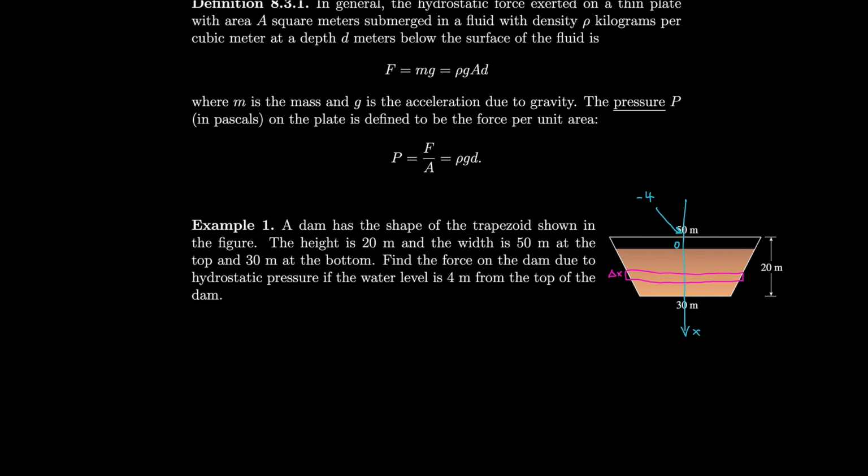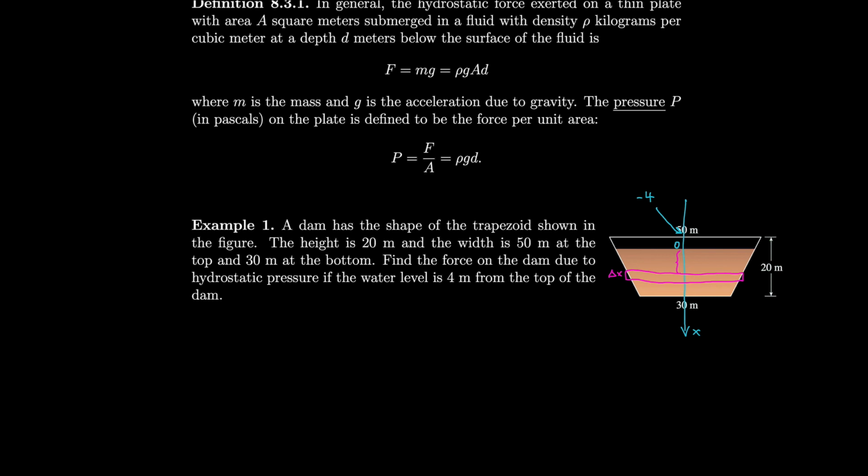I'm going to do a whole bunch of these rectangles, basically, to the point where I take the limit as the number of rectangles goes to infinity, and I stack them all up, and that'll give me the total force on the dam due to hydrostatic pressure. So first I need to find the force for one of these rectangles, and then I can find the total force. So this rectangle is situated at some depth, which is, let's say, a sample point from